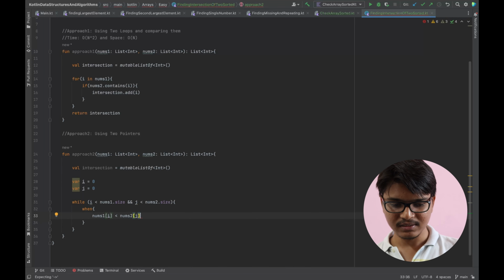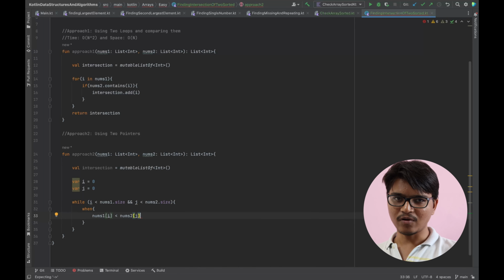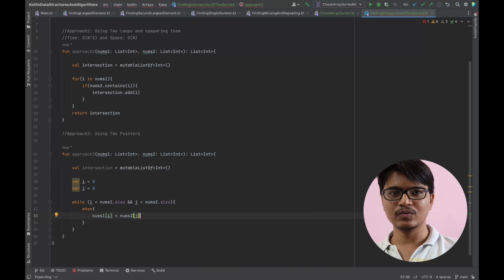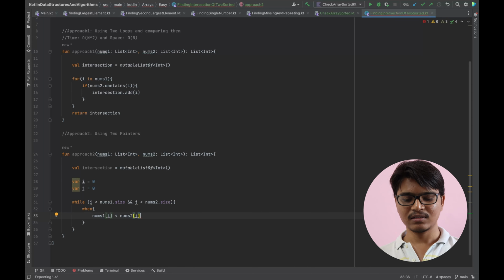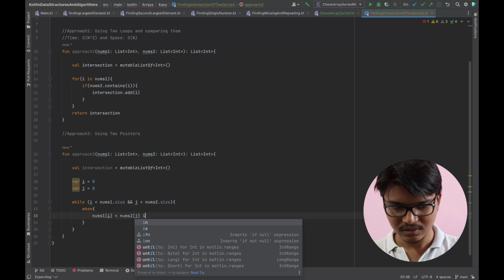So in this case we have to move forward either array 1 or array 2. So this condition would determine in which array we have to move the pointer forward, right? If this is the case, then obviously what we do is I will just